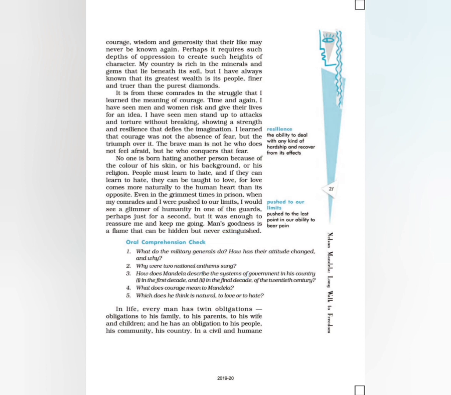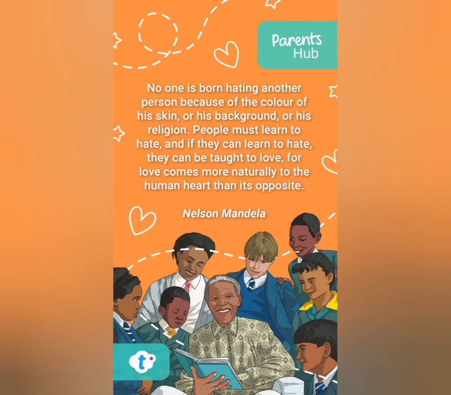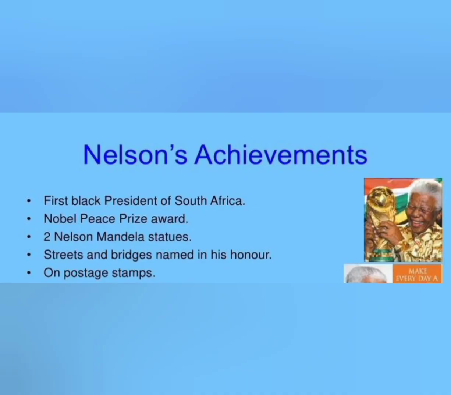And what is Nelson Mandela's illusion? Why does Nelson Mandela think that the oppressor and the oppressed both are robbed of their humanity? So these questions, and emancipation. What is emancipation? What is political emancipation? If you know the answers to these questions, and what is the name of Nelson Mandela's daughter? Zenani. So these questions will play a vital role in your board exam.